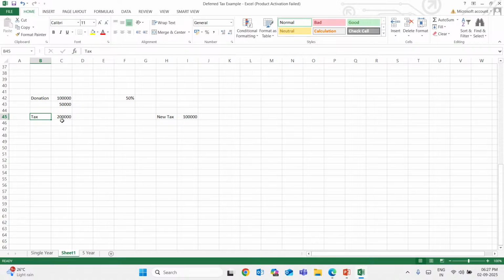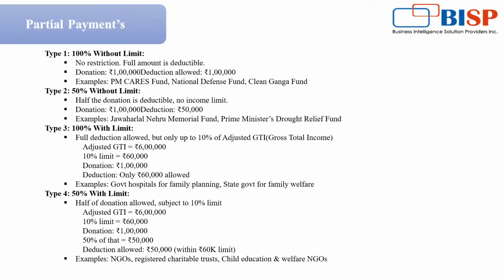So under the tax, if the tax is 2 lakhs, we are gonna get the new tax, that is 2 lakh minus 50,000, that is our 1,50,000, as it is actually partially allowed. Then it is also that it is not allowed to be deducted also, right? So here are the 3 ways, and we are going to actually carry out 2 more, which is the type